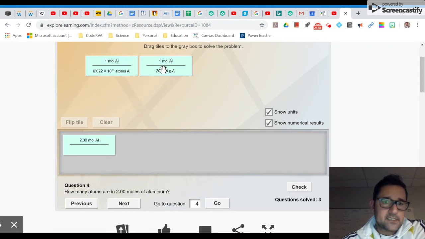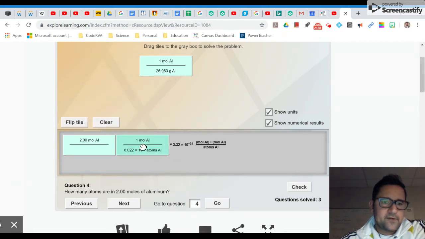So I'm not going to use this tile because this tile goes from moles to grams by using molar mass. I'm going to use this tile right here. This goes from moles to atoms. This is using Avogadro's number. However, if I place it the way I have, you'll notice that the units don't cancel out. I want moles to get canceled out, and I want my answer to be in atoms because that's what they've